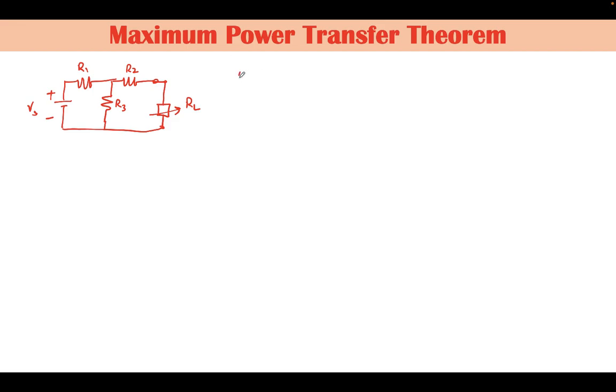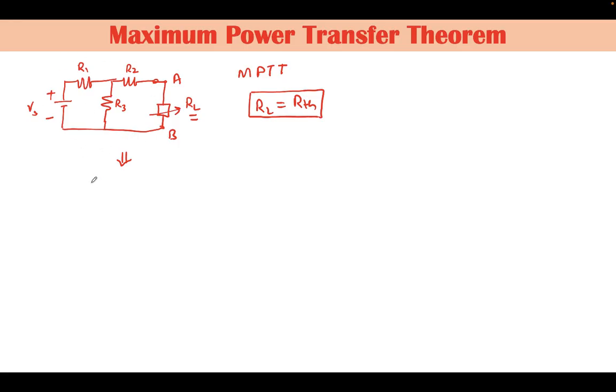According to the maximum power transfer theorem, power in a load can be transferred maximum when the load resistance becomes equal to the Thevenin equivalent resistance of the rest of the network across terminals A and B. Therefore, to find the Thevenin equivalent resistance of this network, first of all we have to draw the